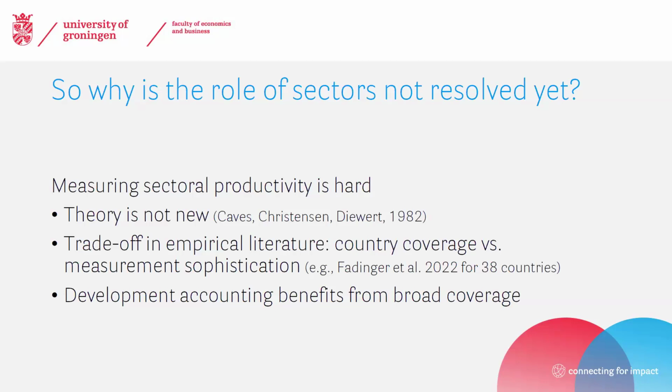The theory we're worried about is not new. If you want to make cross-country comparisons across multiple countries, then some of the theory has been with us for over 40 years. But at the same time, if you look at some of the studies, there's this clear trade-off between methodological sophistication and country coverage. So recent work by Vadinger and others